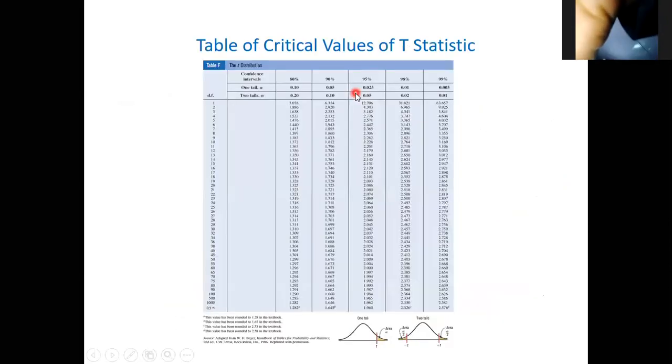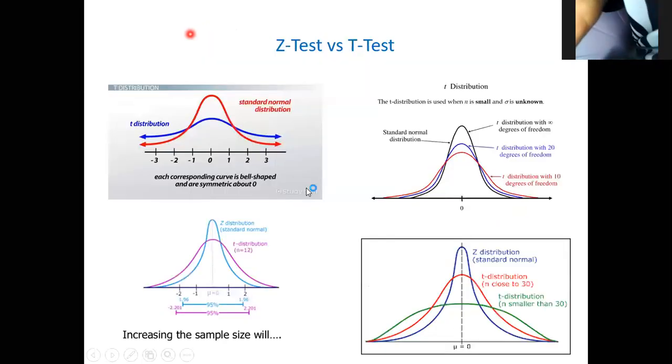Now, I don't know if there's any question before we move on. Then the critical value, I think I've just said it now. Look at the T distribution with degree of freedom of 12. For you to know the critical value, the critical value is the standard deviation that corresponds with the middle 95%. For degree of freedom 12, the critical value will be 2.2.